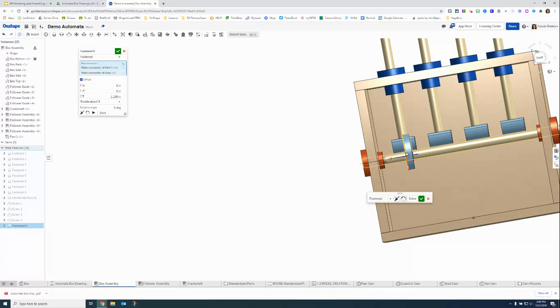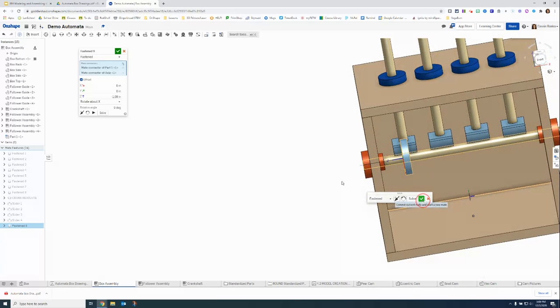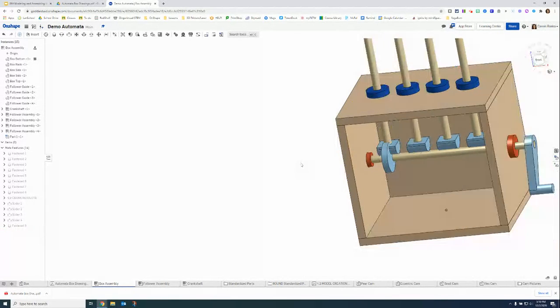So that puts that outside edge right in the center, which is a little bit too far. So let's try a -1 inch and see what happens. Not enough, so let's do half that distance, so 1.09. And that's better. Not perfect, but better. Okay, so the next part, we're going to go ahead and accept it. We're happy with where it's located. The next part is we are going to constrain the follower to the outside edge of the cam. And the way we're going to do that,